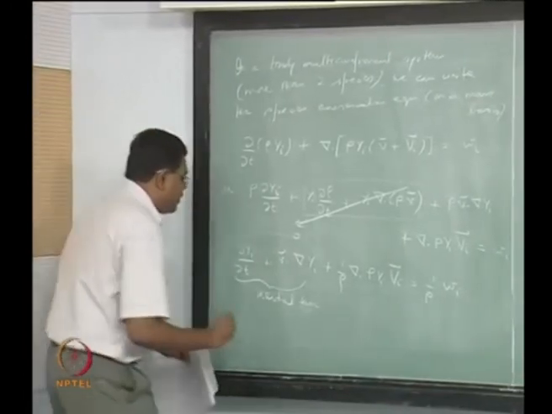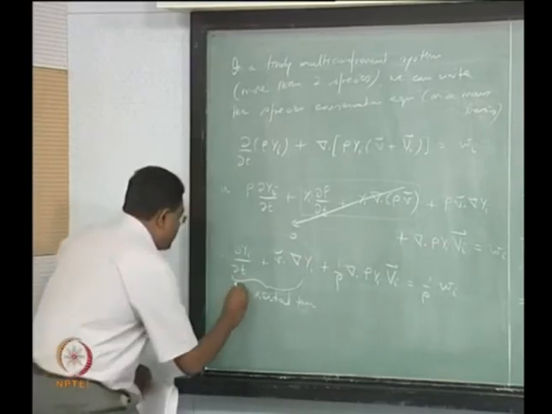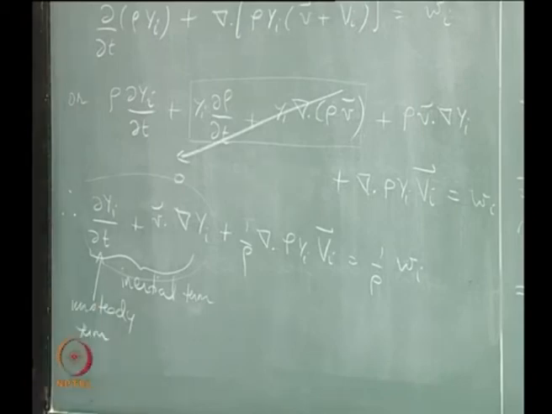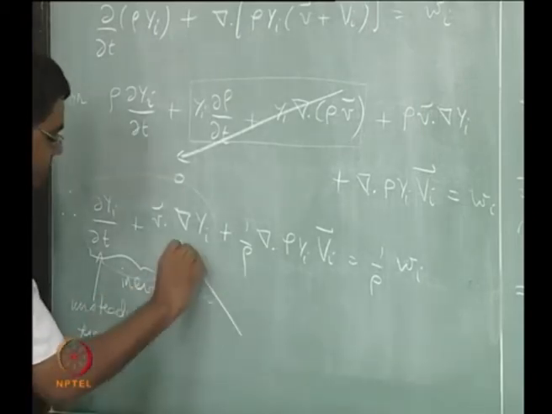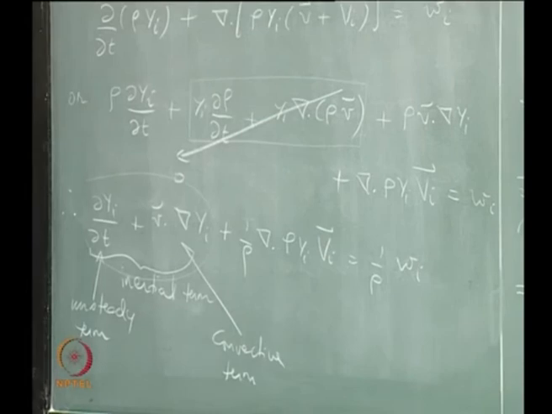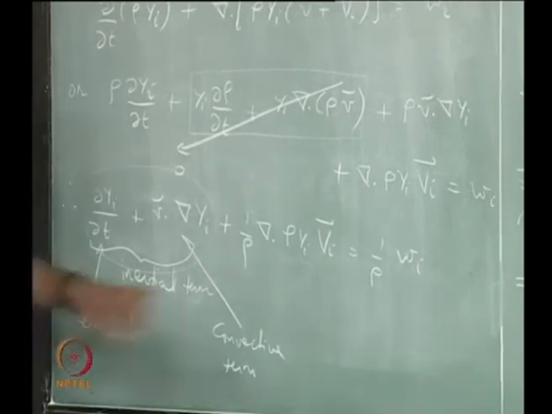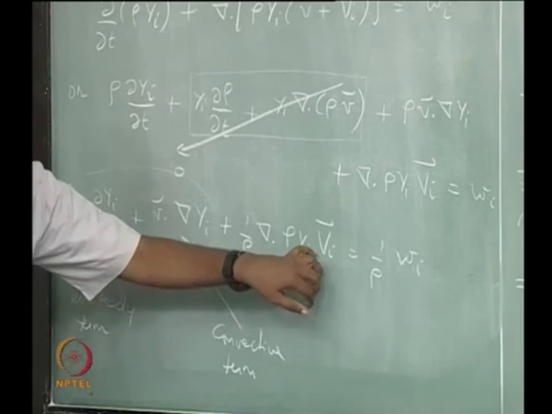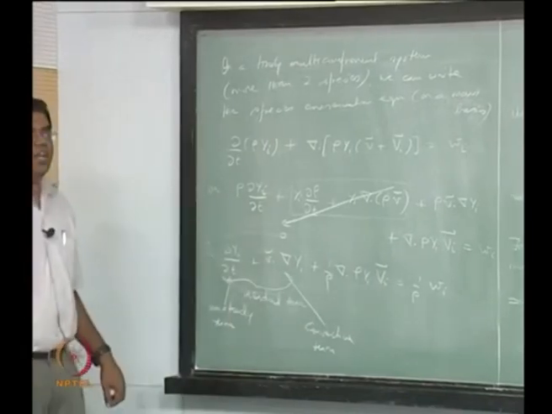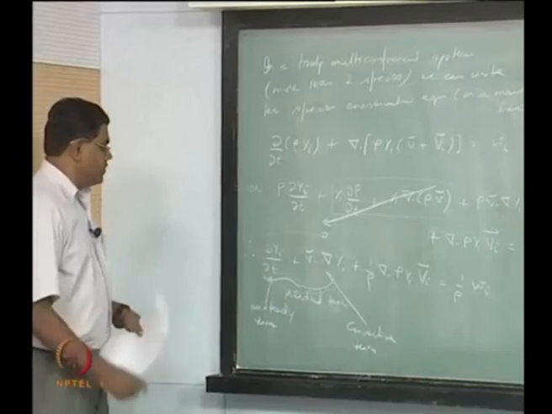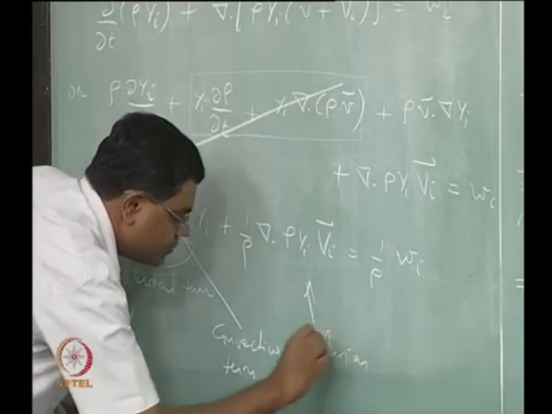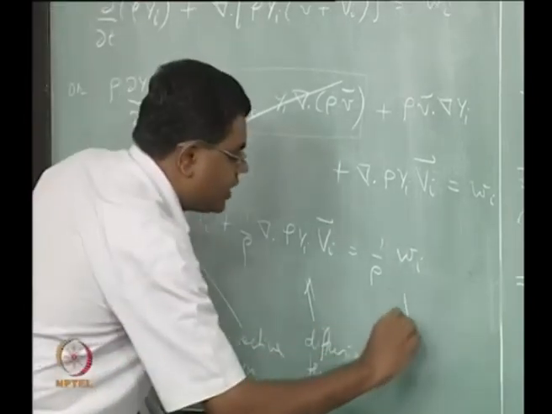Okay, so if you now look at an Eulerian frame of reference, you can now identify this as the unsteady term like before, and this is truly your convective term. Right. Now the moment you see your capital Vi, that's your mass diffusion velocity. Okay, that's the relative velocity of species i with respect to the mixture, right. So this is your diffusion term. And as before, this is your reaction term,